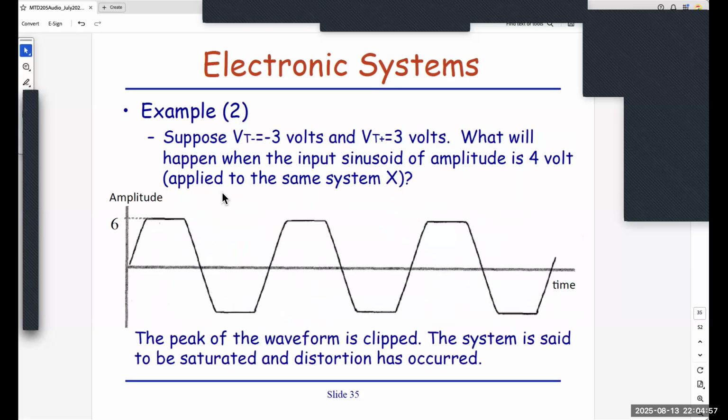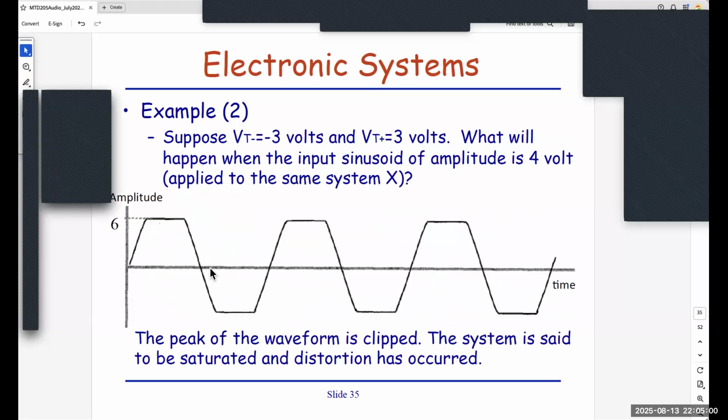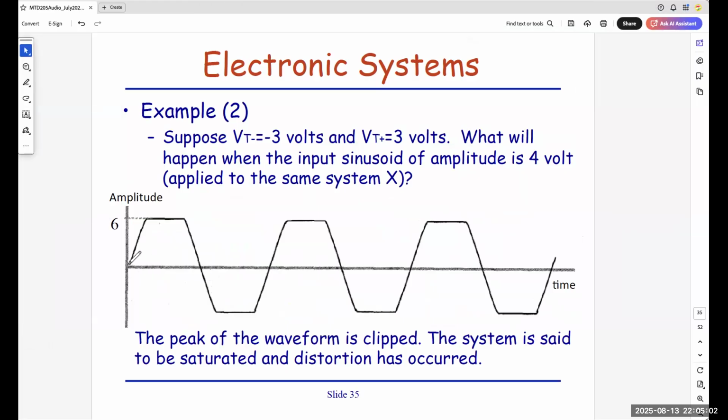We will go through that in the following week. You can see that your signal is 4 volt, for example here, 4 volt. A very nice sine wave, although I didn't draw a perfect sine wave. 4 and minus 4, by right you should get 8, but because of this limitation, you exceed the maximum of 3, therefore you always get 6. Therefore, this signal is no longer a sine wave. This is a distorted waveform, and it means that it's already saturated and distortion has occurred.